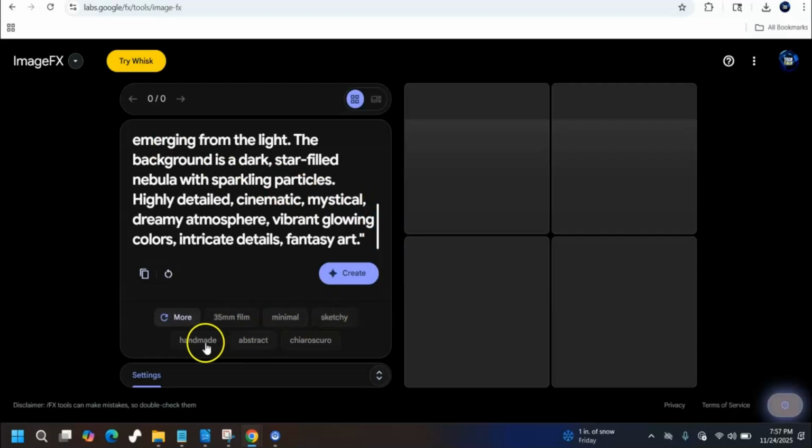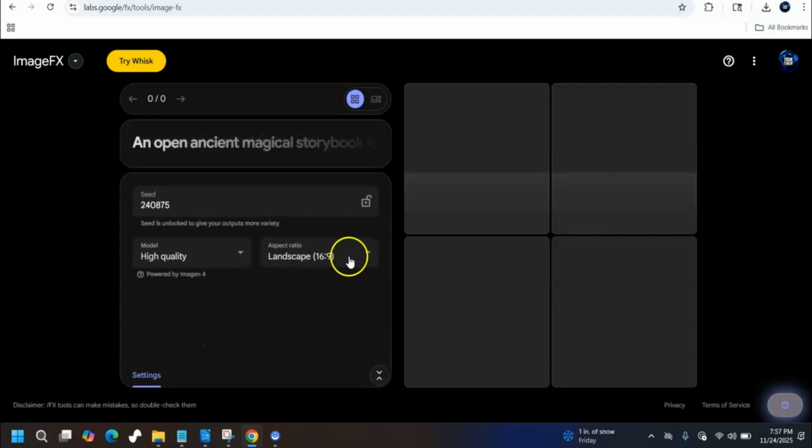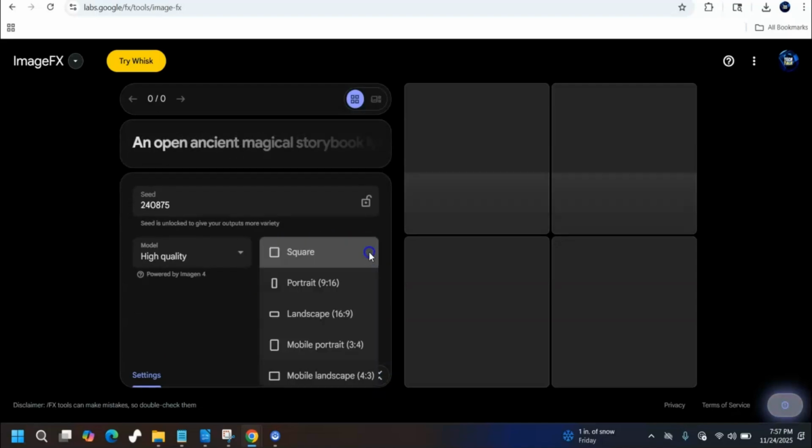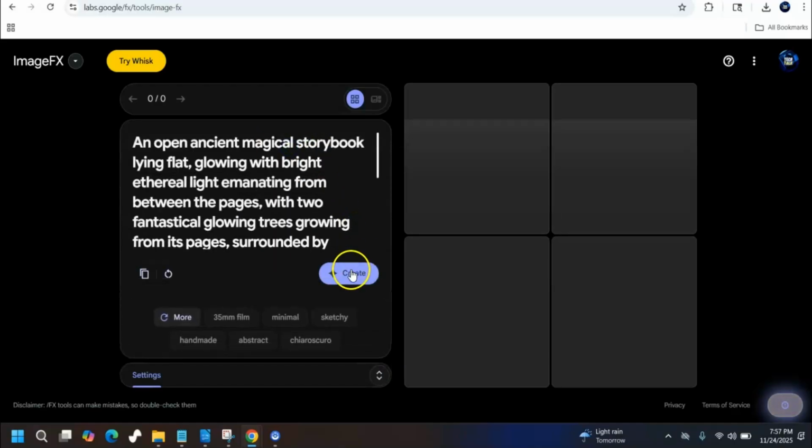you can change these. Sketchy, homemade. You can test these all out. There's different varieties. Now, if you click way down here on the arrows, you're going to see that you can change the aspect ratio here. So portrait, landscape, mobile portrait, mobile landscape. So you can pick whatever you want. I'm just going to keep the default,